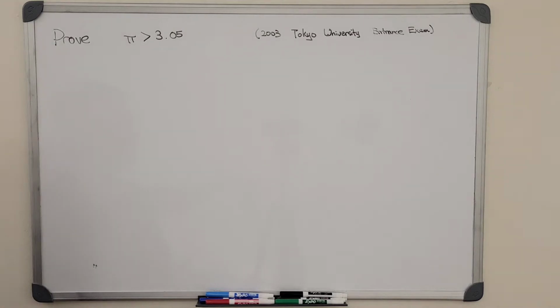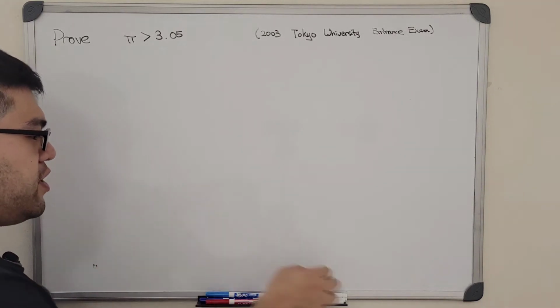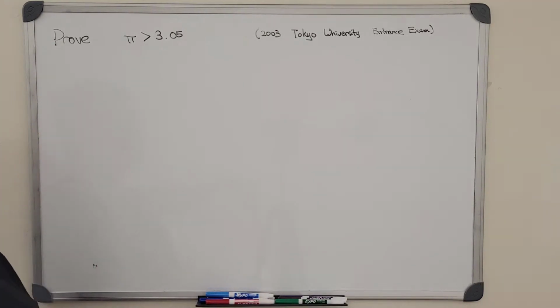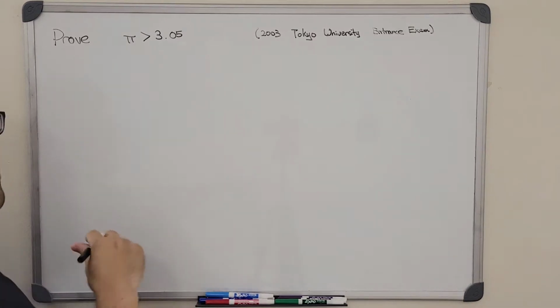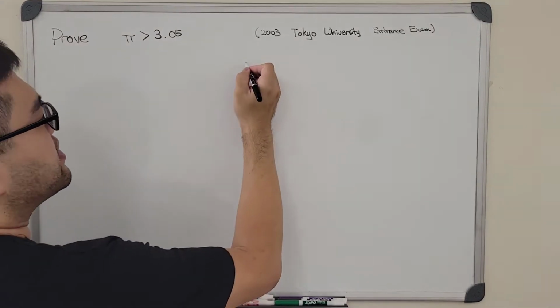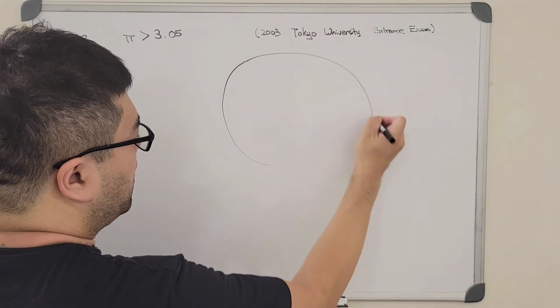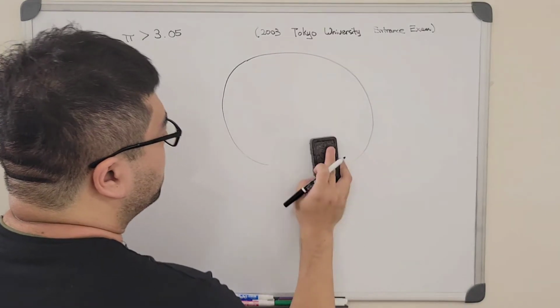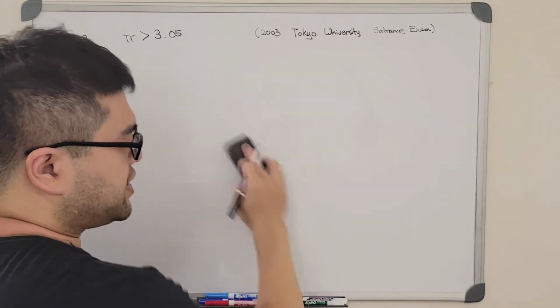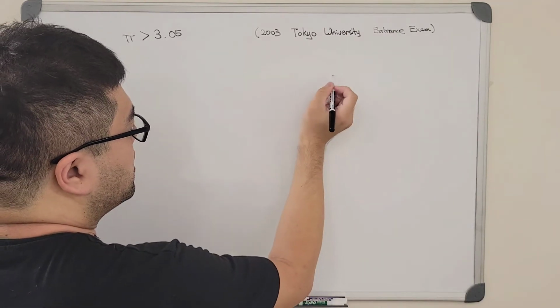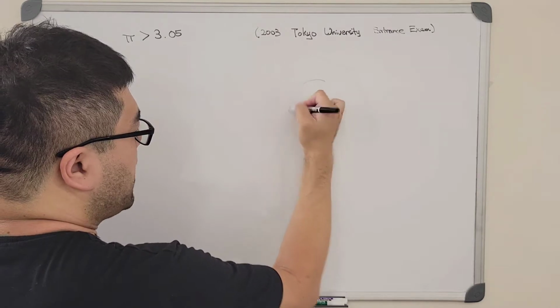Okay, are you ready for it? Let's jump into the solution. So before I actually get to the solution right away, I'll give some hints. Since we know that pi is defined as the ratio of a circle, more precisely, it's a ratio between the circumference and the diameter of a circle,